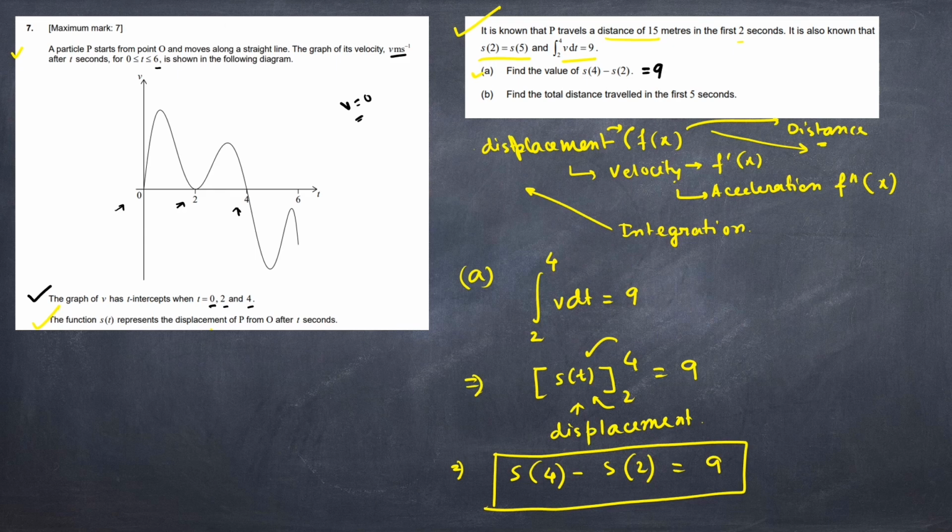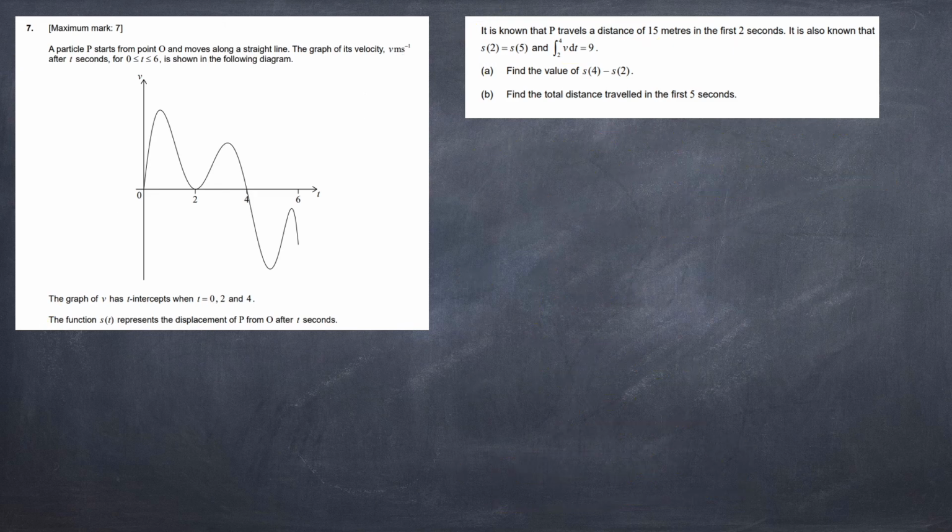So this was a very simple problem. Now we will move towards the next question, B. Here you can see, find the total distance traveled in the first 5 seconds. So here the graph is given. This is 0, this is 2, this is 4, and we can say 5 is almost here. So this will be the area up to 5. And as we already know, as we already have dealt with this part, distance is equal to the integral of velocity.